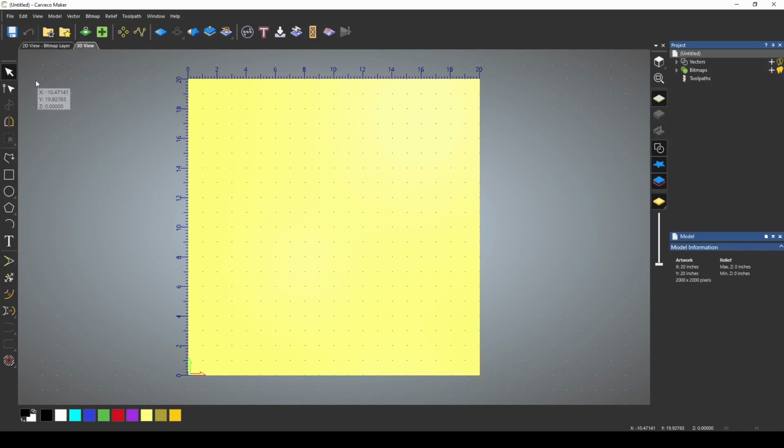Most of those tools are found on the left-hand side of the screen, and we're going to go over each one of those. Starting from the top, our first button is our Select button, which is simply to select the vectors that we're going to be working with. Our next button down is our Node Editing button. We're going to get into this more in detail in just a few minutes. We'll also be going over the Transform tool, and I'll show you how that works.